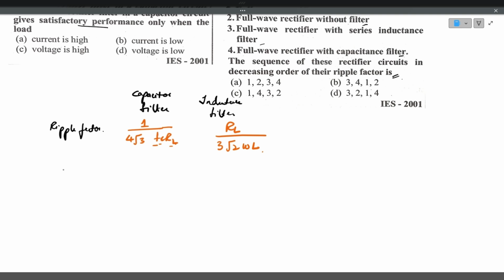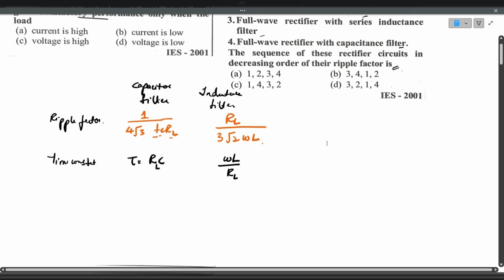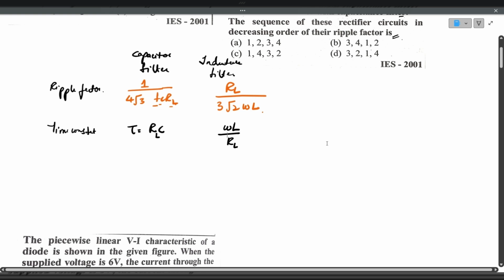Now, the time constant for the capacitor filter is tau equals RC, where R is nothing but RL and C is the capacitor that is attached. Whereas for the inductance filter, it is L by RL, where RL is the load resistance and L is the inductance. Now, if you observe carefully, the filters, what they do